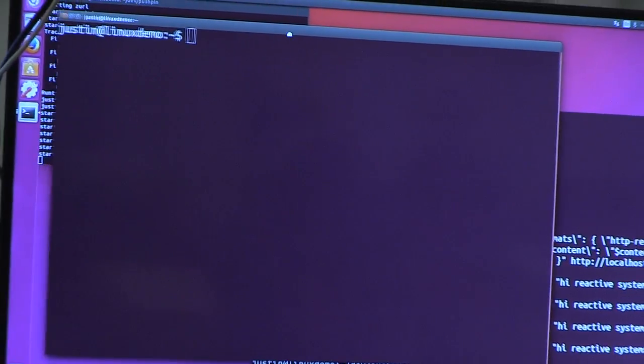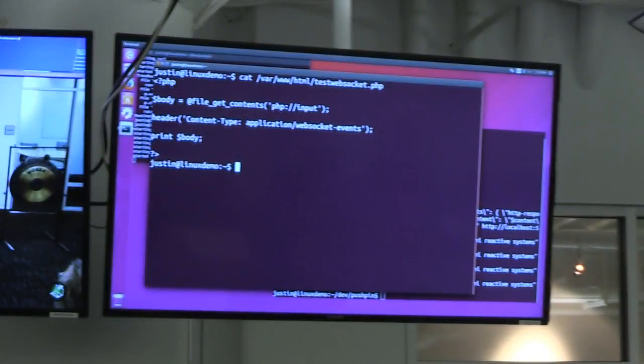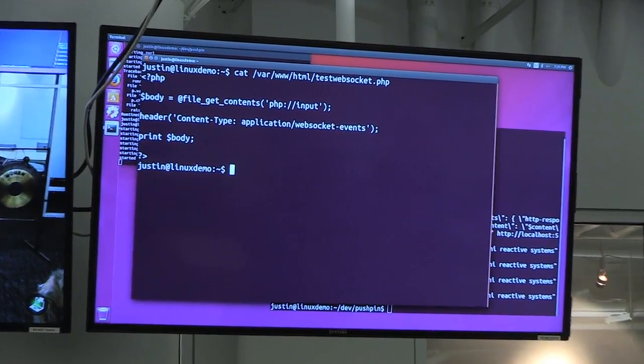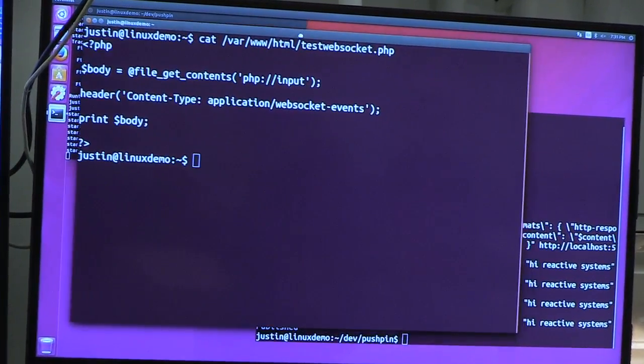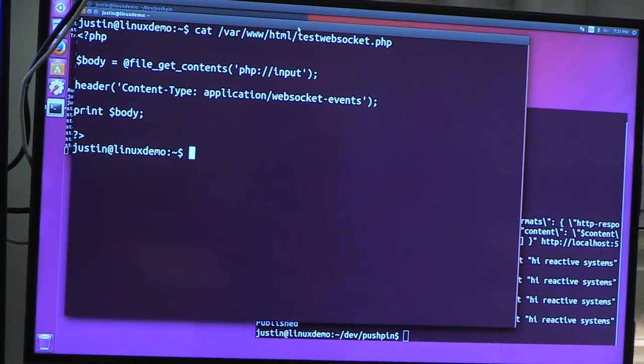Okay. So I've got another script in here. Let's see, what was it called? Test WebSocket. So this script just reads the request body and then sends it back with the right content type. Now, this is actually enough to create an echo service, believe it or not, because if an open event comes in, the way you acknowledge the connection is by sending an open event back. And if a text message comes in, you send it back, and if a close comes in, you send close back. So with that in place,